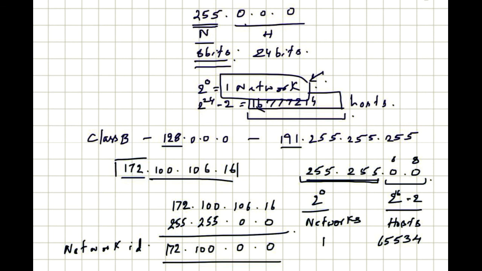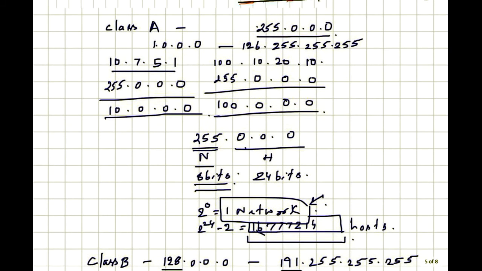So you can see what the main drawback is in classful addressing. There is only one network possible with this IP, and the number of hosts is around 65,000, a very large number of hosts, which we don't need. We want more subnetworks and a moderate number of hosts, but this is not possible in classful addressing, either in a Class A, Class B or Class C network. I have shown previously about the Class A network.